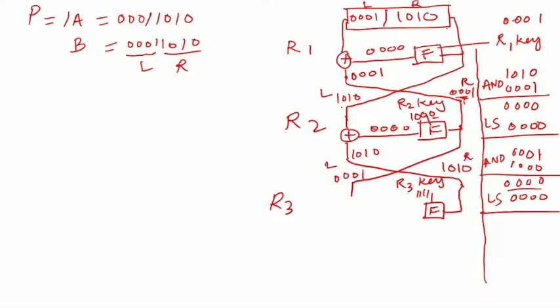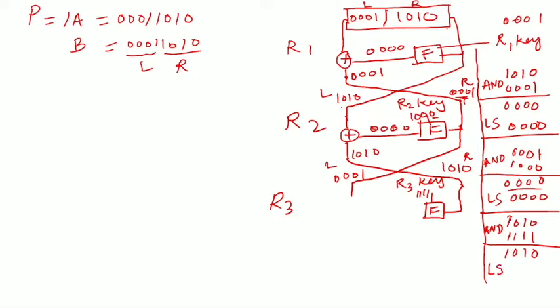Okay, now again let's do the processing. We have a right half, which is 1010, and the round key is 1111, and then we do an AND operation on these. Now we have corresponding bits as 1 in this case, so we put a 1, then 0 and 1 gives us 0, 1 and 1 gives us 1, 0 and 1 gives us 0. Okay, the output of that is going to be